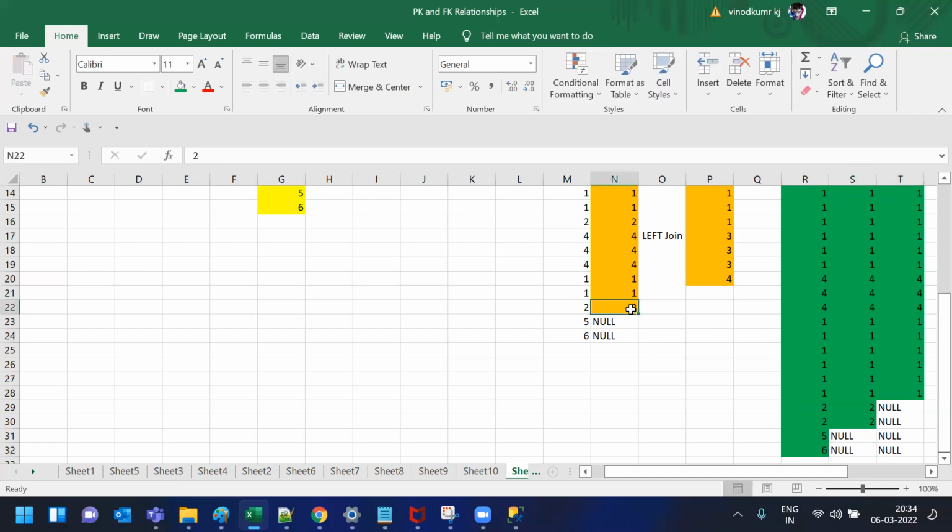Whereas for 2, if you see, 2 is also an unmatched record, right? For 2, it will assign null in the right side, whereas the respective value is 2 here. So as it is, it will come. Understand? But if I join, let's say if I take T1.ID1 equals T3.ID3, then what will